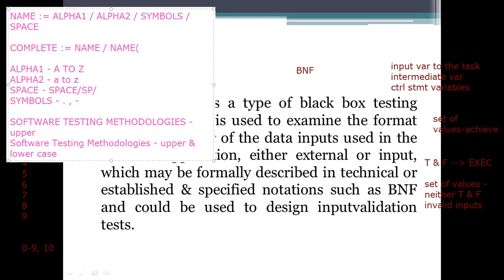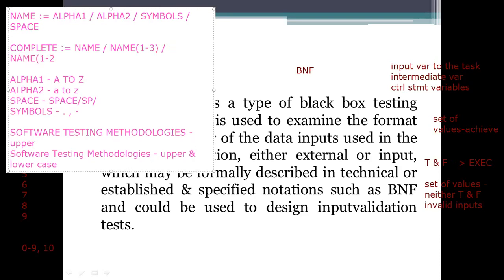I can specify using name three times. Actually, it should be a subscript. It is not possible here. That's why I'm writing beside that one. Somebody won't have a middle name there. Simply, it consists of a name, which will be 1 and 2, that is 2 times. So likewise, we need to design our input values here.